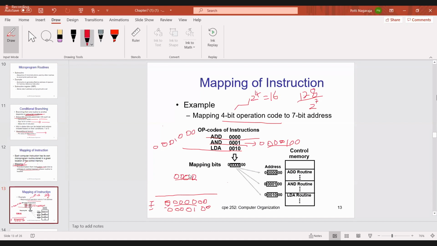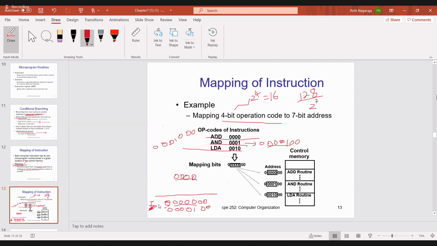So I am writing this add instruction opcode, 4 zeros. The MSB has to be always 0 in the 7-bit address. Then whatever opcode bits, you write those opcode bits 0, 0, 0, 0. Then the 2 LSB bits are 2 zeros.